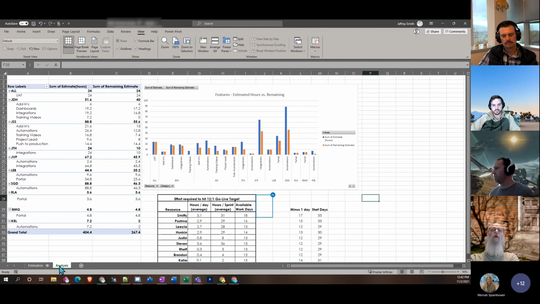So how many work hours is it going to take to hit that target? Certainly one person's not going to be able to do that. And how many people are we going to need, et cetera. So that's an analysis that I failed to do on the front end of the project. And this has helped a lot since I've implemented it. So I would just pause there for dramatic effect, which is